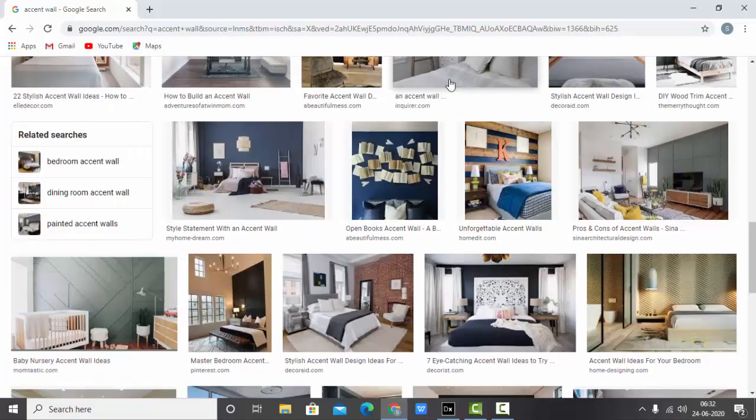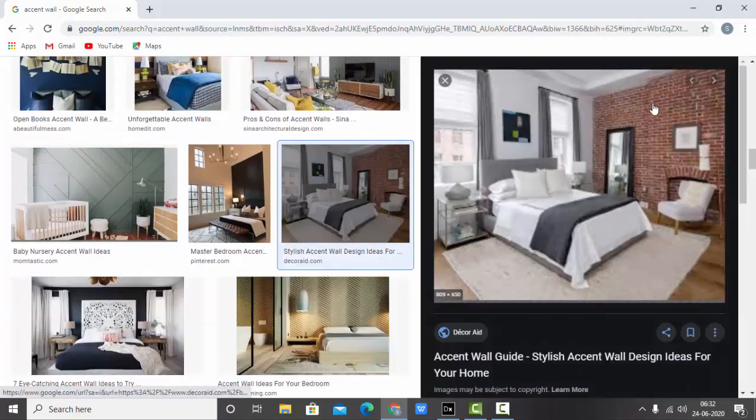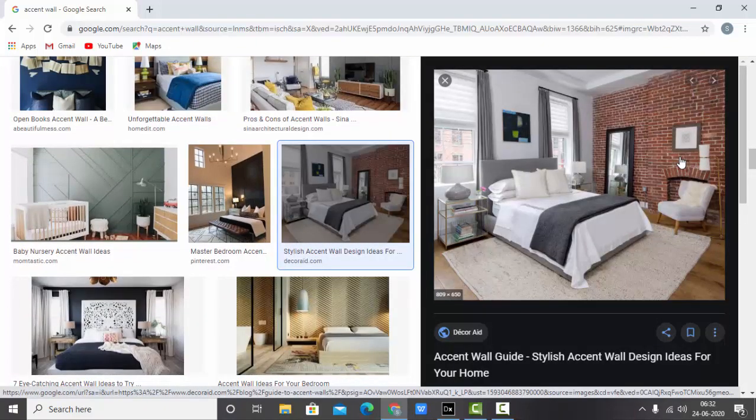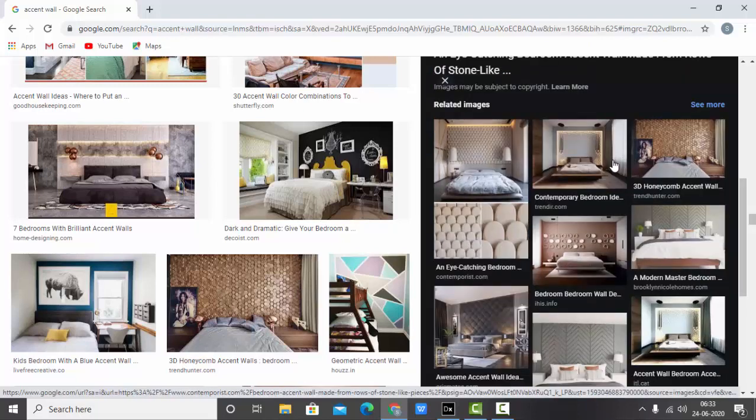To get the real essence of a wall grazing effect, you need to have some textured walls. Suppose this wall, where there are stones. Here you can see another example of an accent wall. There is a cove and they have used some kind of embossing on the wall. So any textured wall or differently painted wall is nothing but an accent wall, which draws your attention to that particular wall.